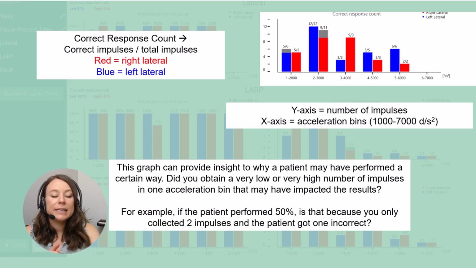Now, really, the reason we were looking into the number of impulses is there's more validity in the results when you have more impulses, right? You need to have at least 3, ideally 5 impulses per each acceleration bin to be able to rely on that data. Because if we only have 1 impulse or 2 impulses,